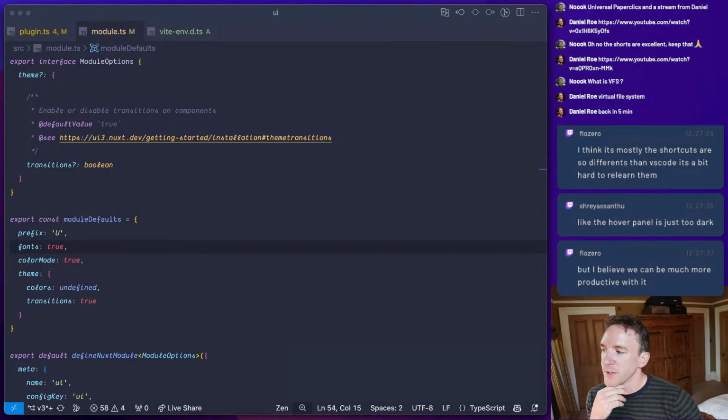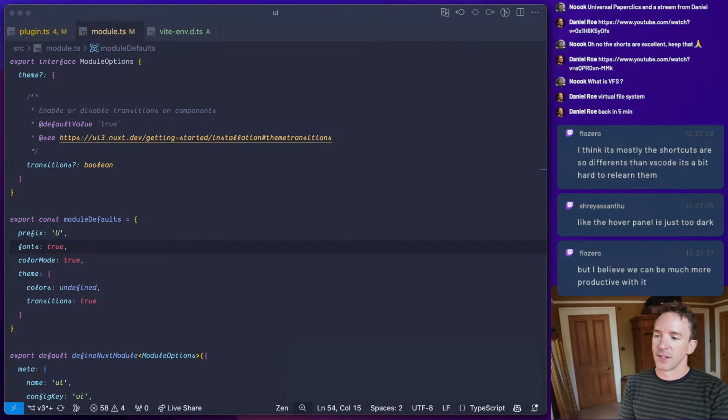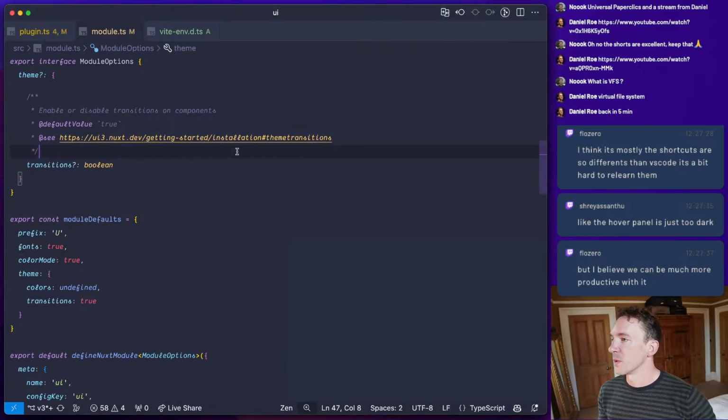One thing you can do, obviously, is try the shortcuts in VS Code. See if you like them without changing too much. And then if you do, you can more easily transition to the editor if you want.